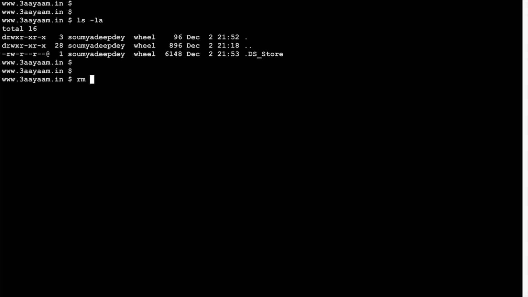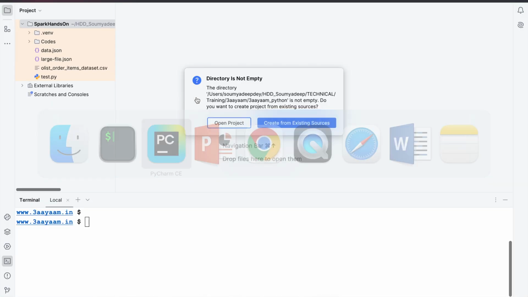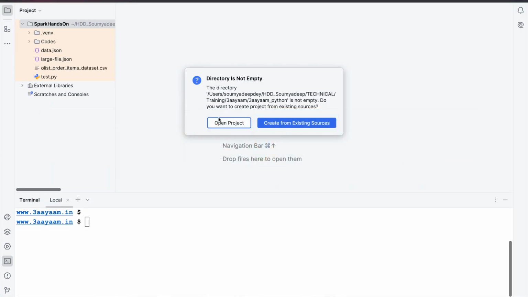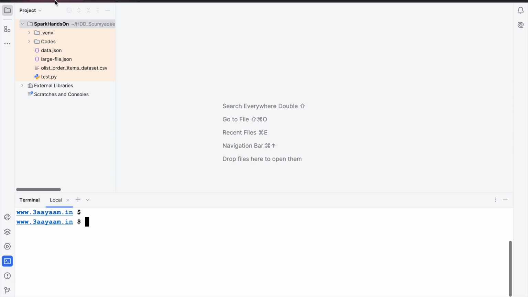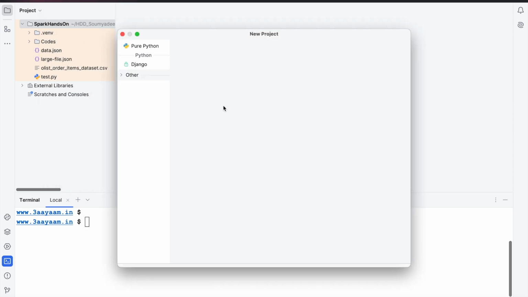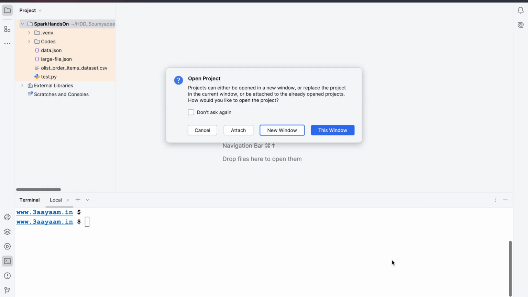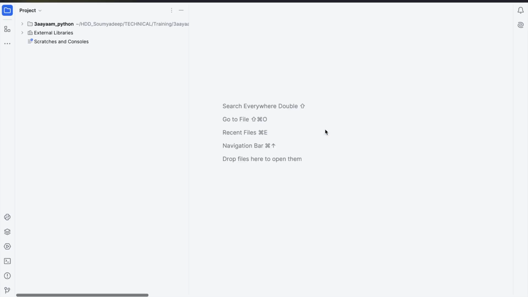There are actually, so I will remove this. Now this is mainly for Mac. You will not find this problem in Windows. Now here click on this window. I can cancel it. So let me create the project again.